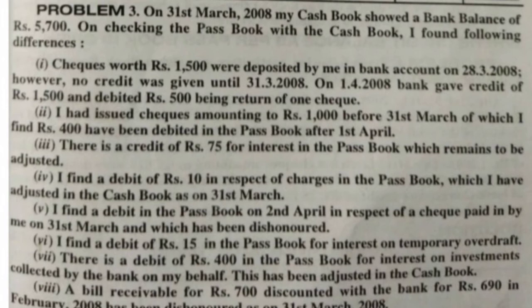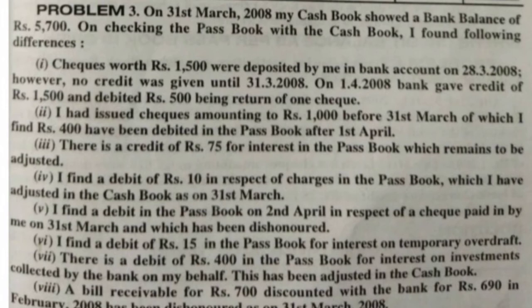Okay, the bill is actually discounted in the month of February, so it has been adjusted in the month of February itself. But later on, in the month of March, the bill receivable got dishonored. So the bank will be the first party who comes to know the bill is dishonored, right? Because the bank is going to collect the amount from the third party on behalf of Bunty. So bank is the first party who comes to know whether the bill is honored or dishonored. So it should be recorded first. It will get recorded in the passbook, that the bill is dishonored, which was discounted by the customer with the bank in February 2008.